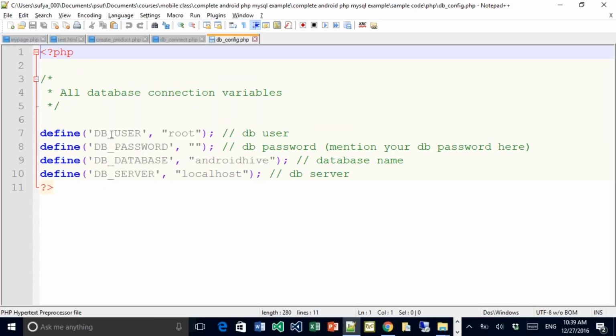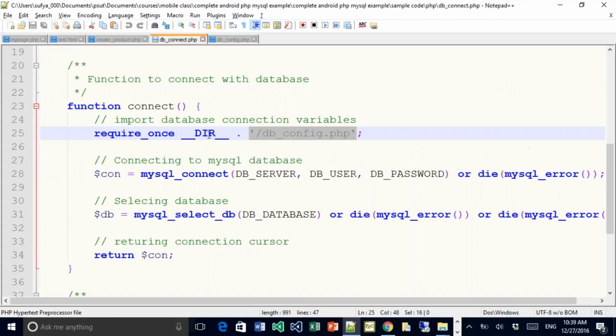It's the file that defines the configurations for connecting to the MySQL database. The default username when you install is root, with no password. Then the database that you want to connect to, which is the one we just created, and the IP address of the server where the database is located. If it happened to be local, you use localhost. If it happened to be a different server, then you put the IP address of that server. Okay, so going back to the dbConnect,